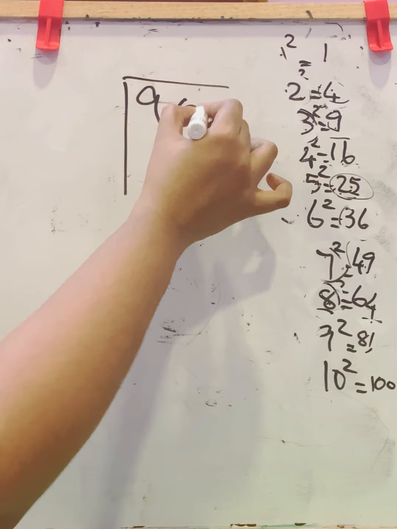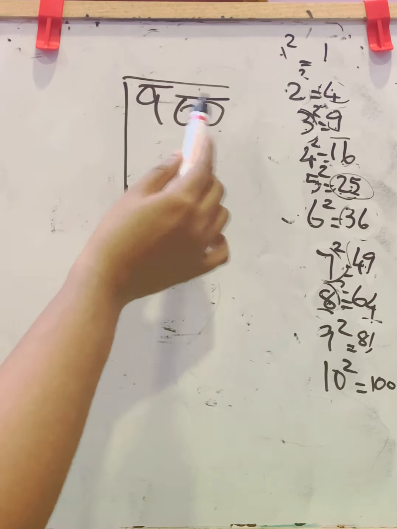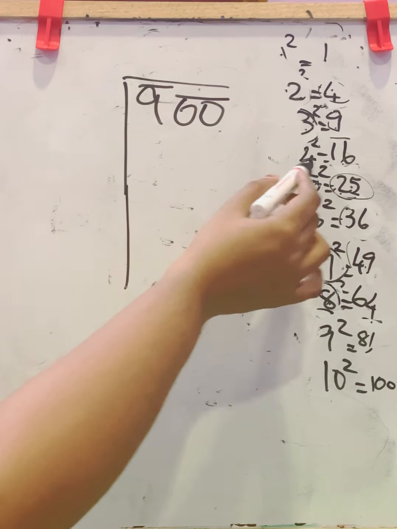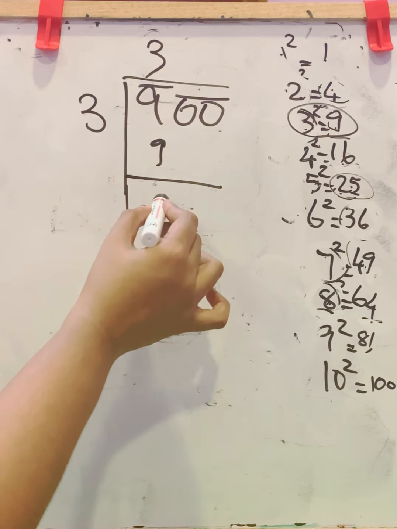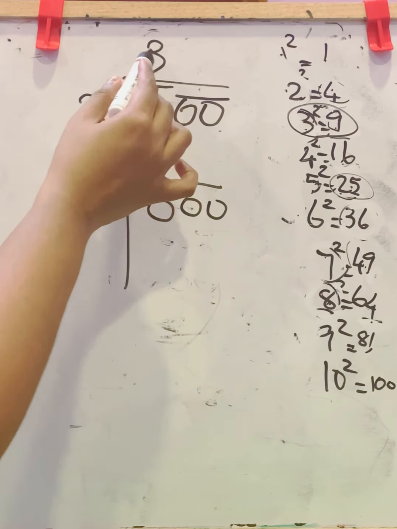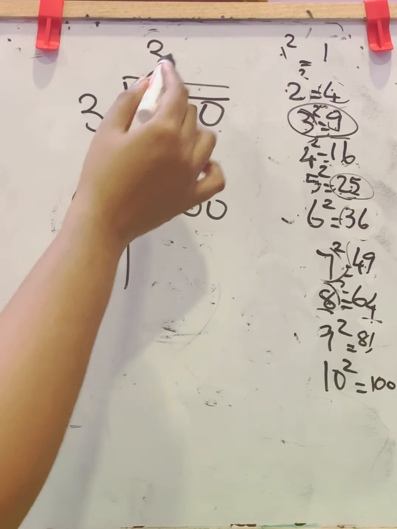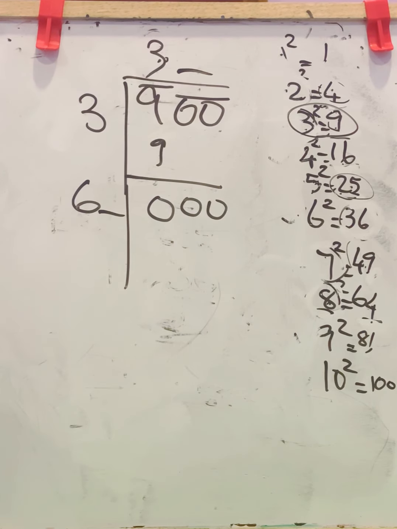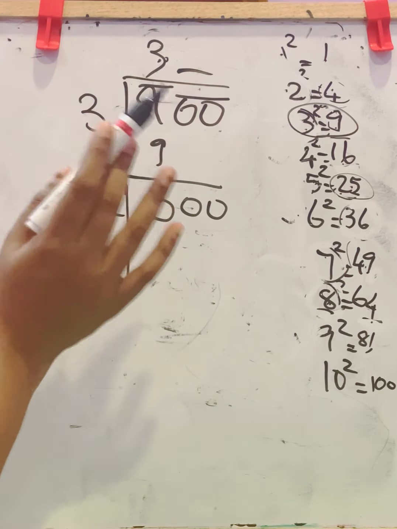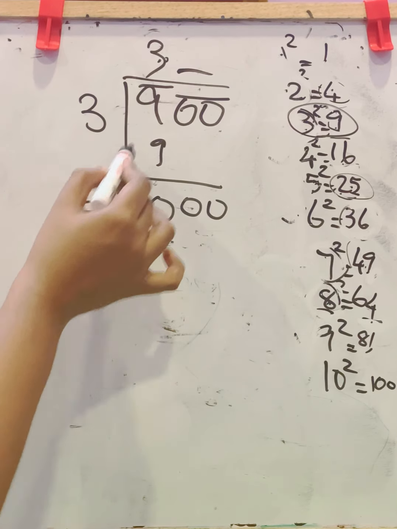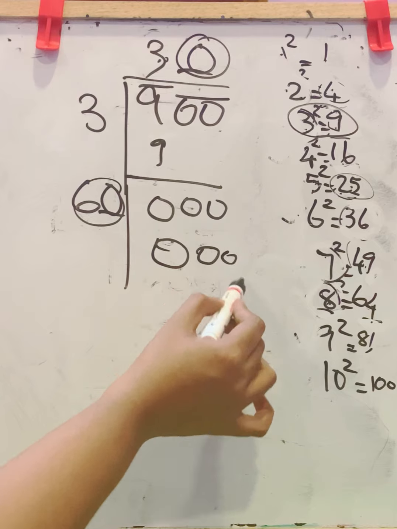Next, 900. Again pair it. 9 stands alone. So 9 is a perfect square here. So write here 3 3s are 9. Subtract it. Carry down the 0. Now here double this. 3 2s are 6. Now dash and dash. You want to get 0. What will you do? You know any number multiplied with 0, you will get the answer 0. So put here 0, here also 0. That means 60 into 0, 0.